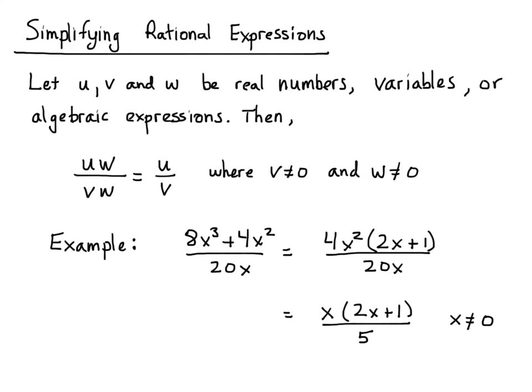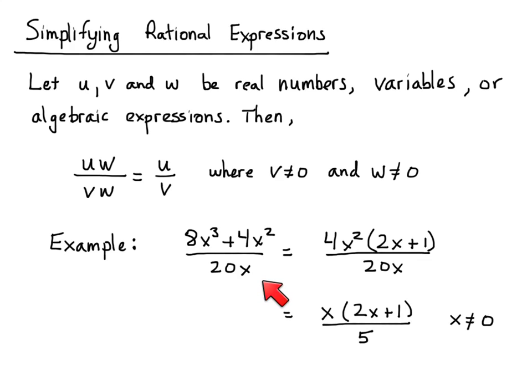Why is that a domain restriction? It's a domain restriction because this is our original expression, and our original expression has a built-in domain restriction where x can't equal 0, because then we'd have 0 over 0, which is undefined. But if we simplify it, now if x becomes 0, that doesn't tell the whole story because this now equals 0. It doesn't equal undefined, it equals 0. And so we have to say x can't be 0 because in the original expression,